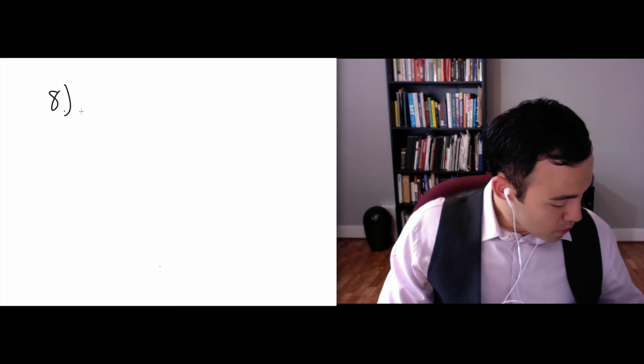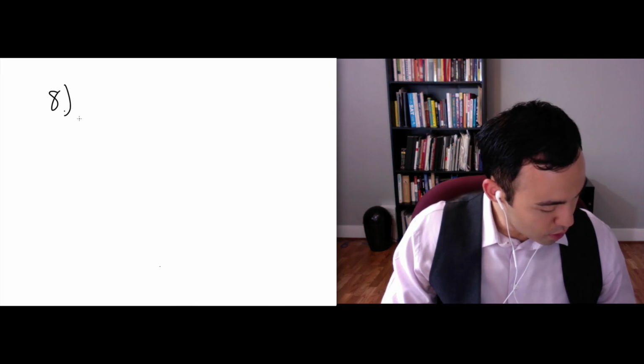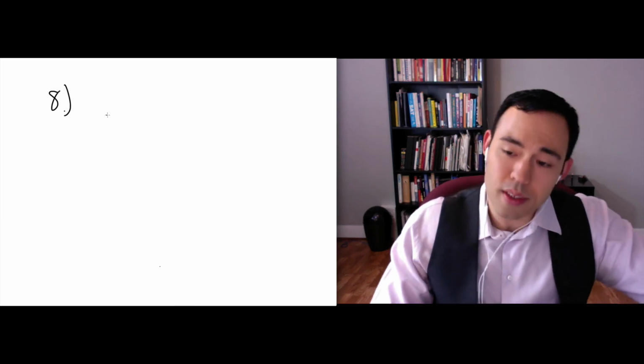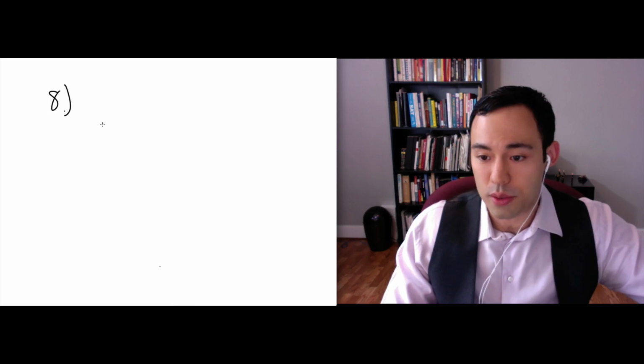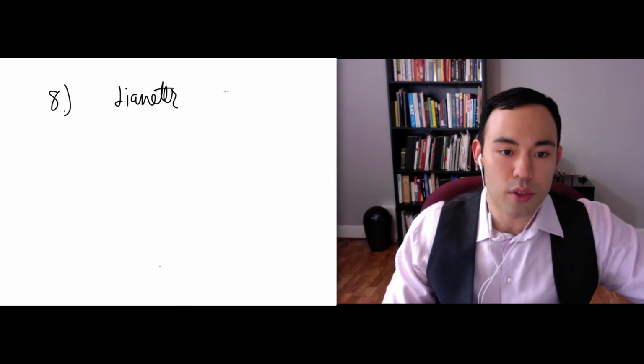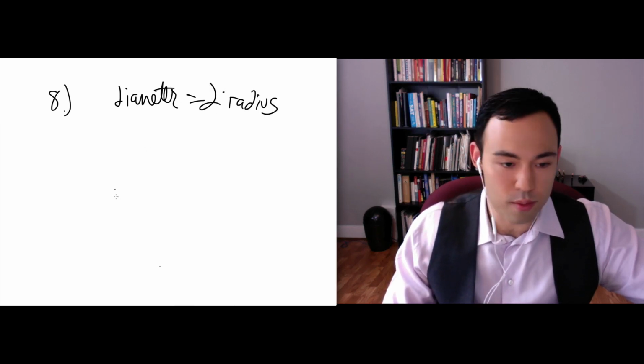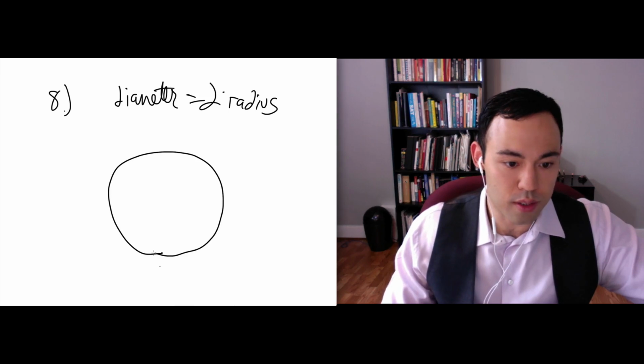Okay. Number 8. In the figure above, the circles are tangent as shown, and the center of the circle A is also the center of the largest circle. The radius of circle A is 2, the radius of circle B is 4, and the radius of circle C is 4. What is the radius of the largest circle? Whenever they're talking about radii and circles, be very careful not to confuse diameter with radius. Okay, so diameter is 2 times radius,